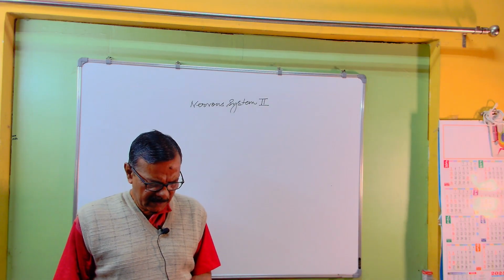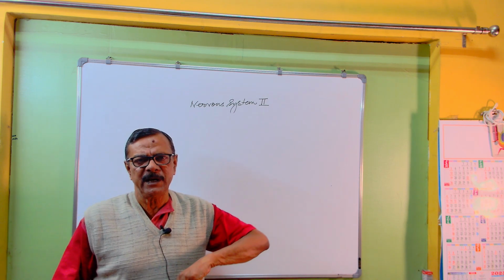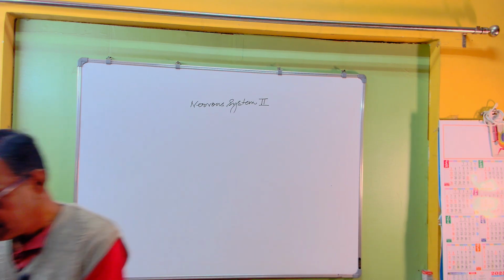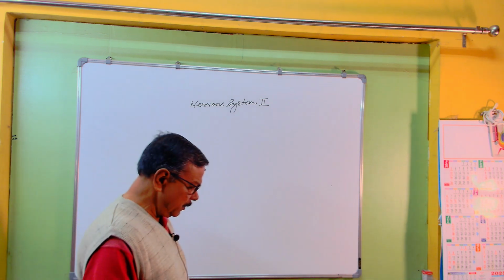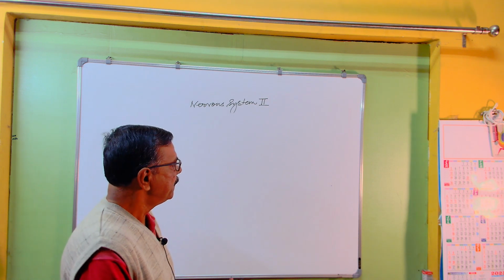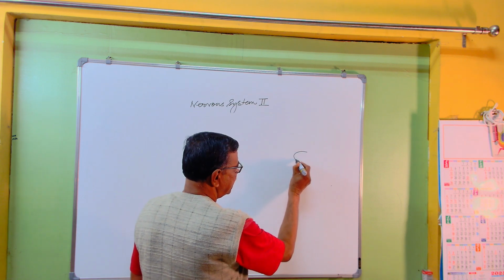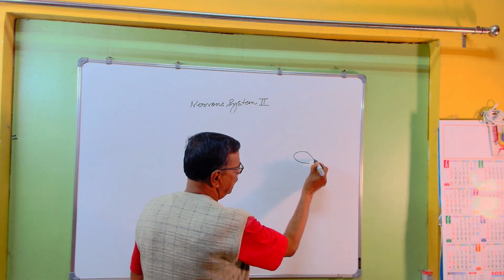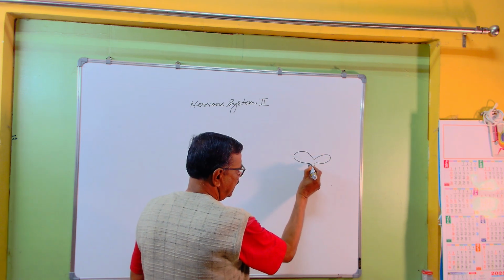Friends, let us continue our discussion on the nervous system. Today is part 2 of the nervous system. In the first episode, we discussed that the brain has two ventricles here, one and two, the lateral ventricles. It joins in the